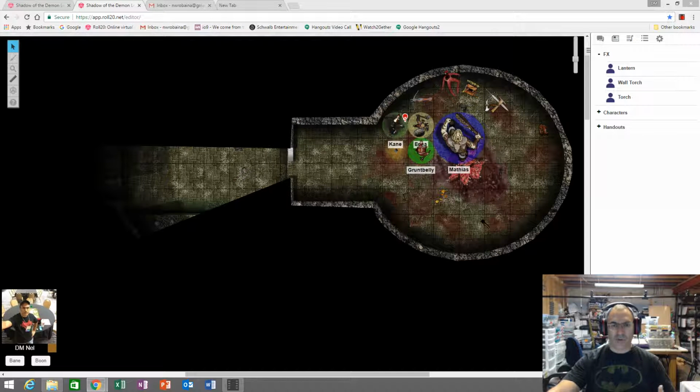the Jotun, the giant folk, they value strength, so she gave the Jotun the favor of might, which increases strength score by 1 point. And then for the human who uses a bow and arrow, she gave him the favor of good fortune, which is good luck, and gives him a boon for attack rolls and challenge rolls.